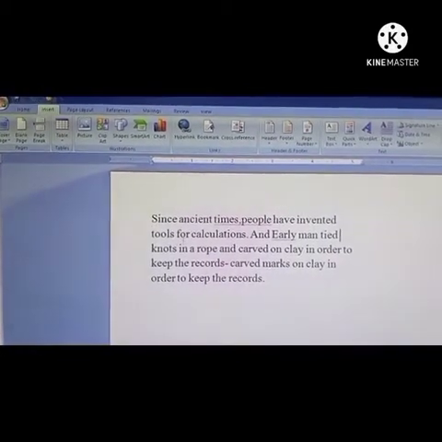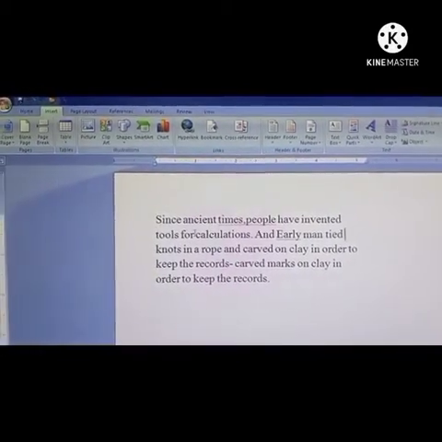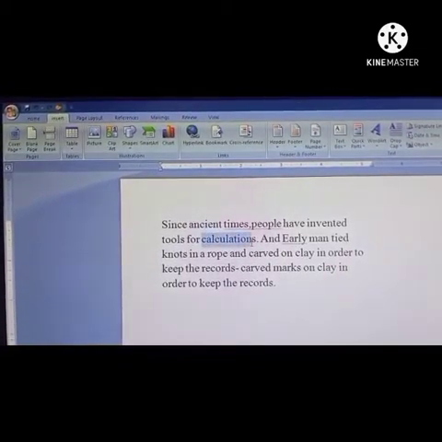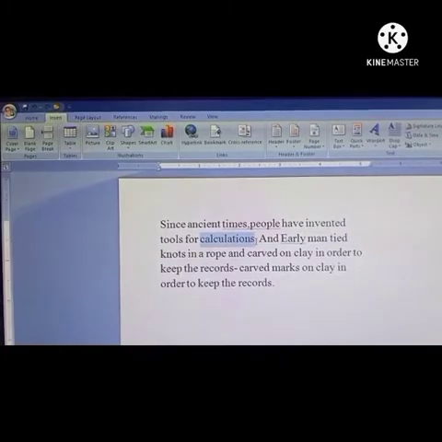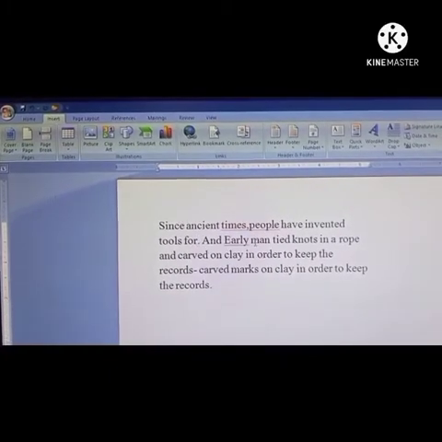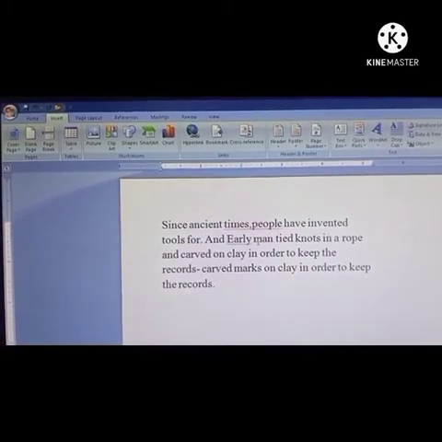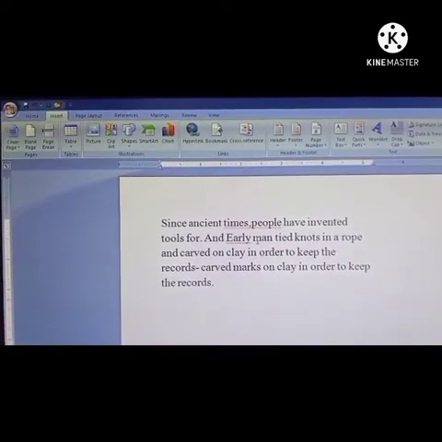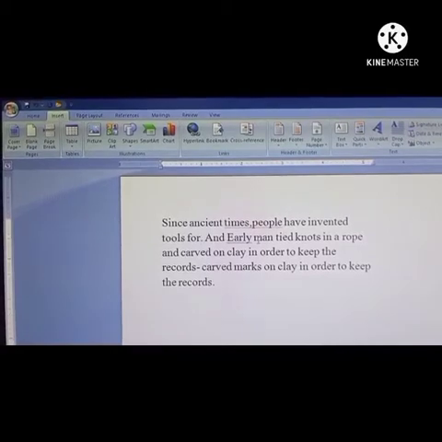Suppose you want to delete "calculation" from here. Okay, select it and then delete it. Now children, you are thinking that by mistake you have deleted this word. So you want to bring this word back without typing.